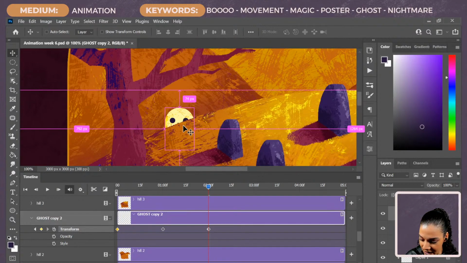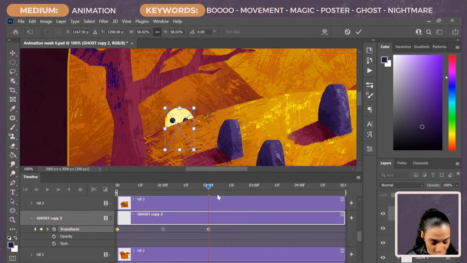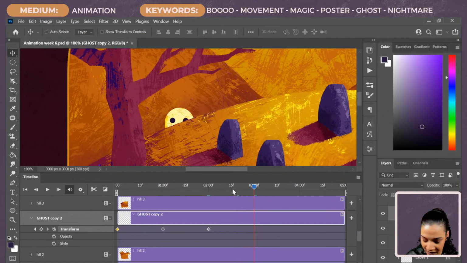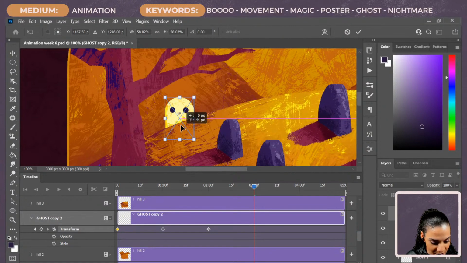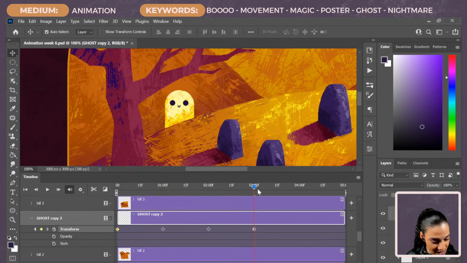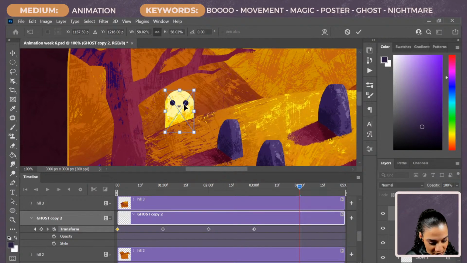And then we have to do our little scrub, free transform, we're gonna bump him up, boom. And then do our little scrubby right to there, free transform, move him back down.